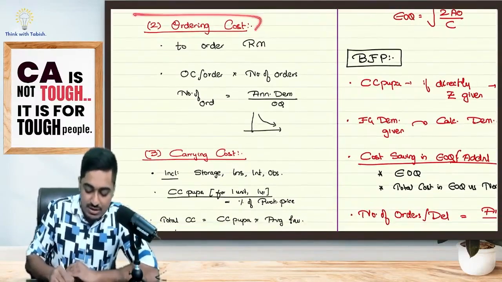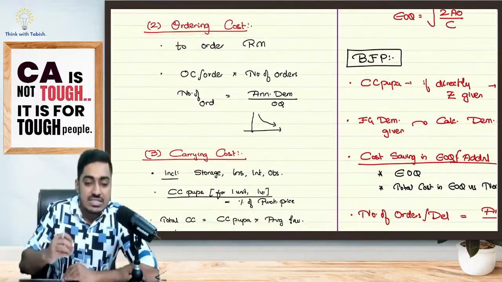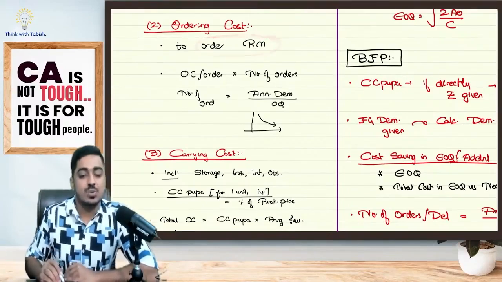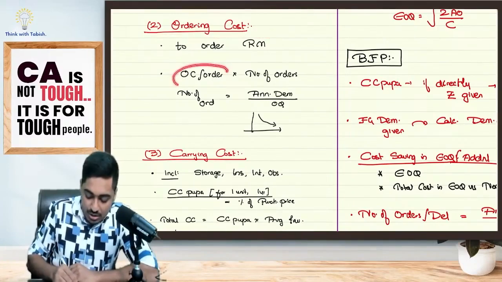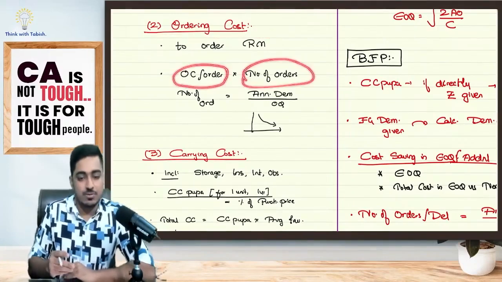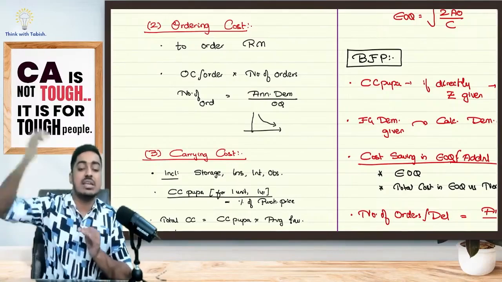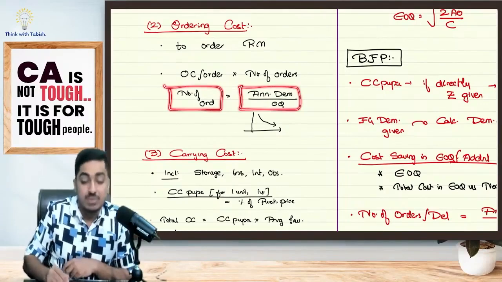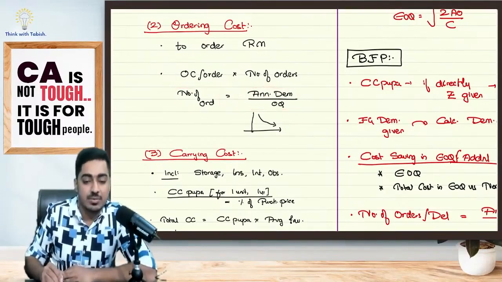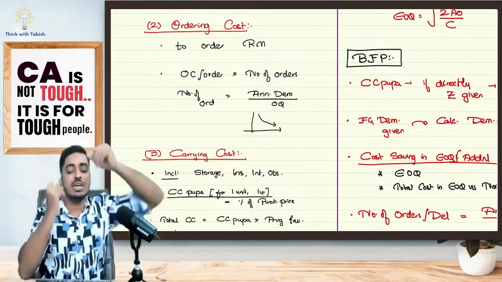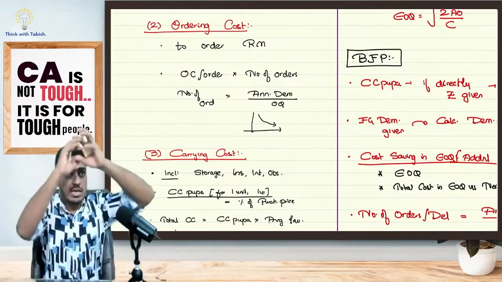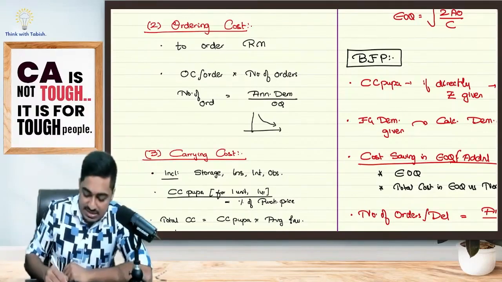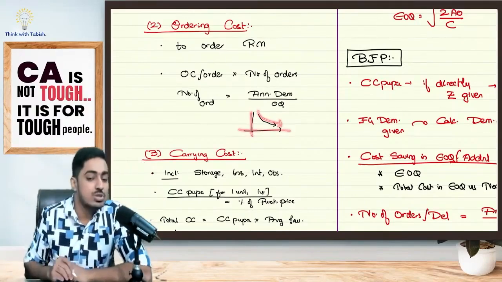Okay, sir. Next we have ordering cost. What is ordering cost? It is the cost I am incurring to order my raw material. Sir, what is the formula of ordering cost? It is ordering cost per order into number of orders. Simple formula. For one order, how much is it? Like that, how many times I have ordered. And how do I get the number of orders? It is nothing but annual demand of raw material divided by ordering quantity. Total how much I want divided by every time how much I am ordering. Say for example, I want 10,000 and every time I am ordering 1,000. That means 10 times I have to purchase. As simple as that. And we have discussed that ordering cost is going to be a downward sloping curve.